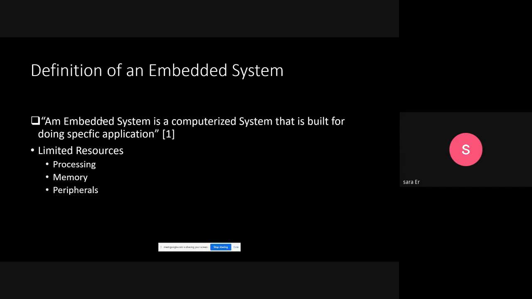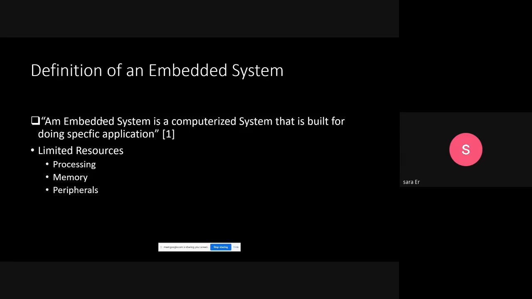Okay, if you want to define an embedded system generally, an embedded system is a computerized system that is built for doing a specific application. Any embedded system has some limitations about its processing strength, its available memory on the board, and its strength in communicating with peripheral devices. Because an embedded system is not a PC or a computer.